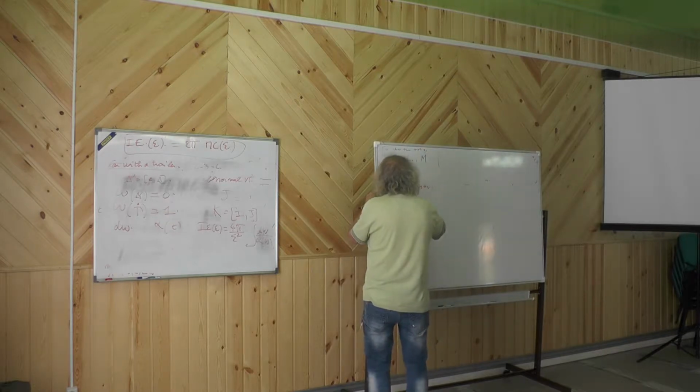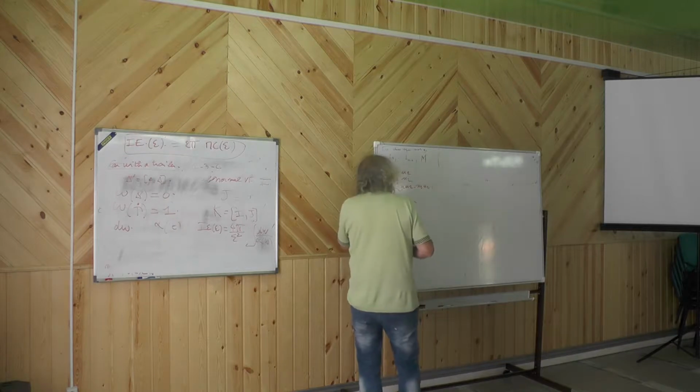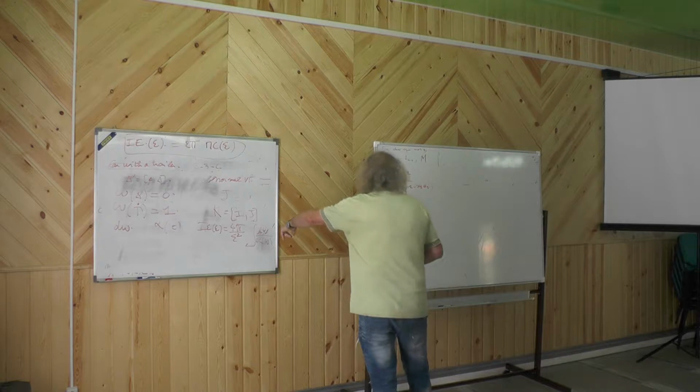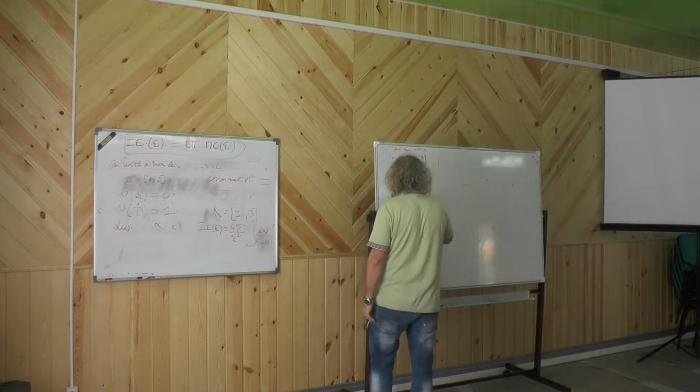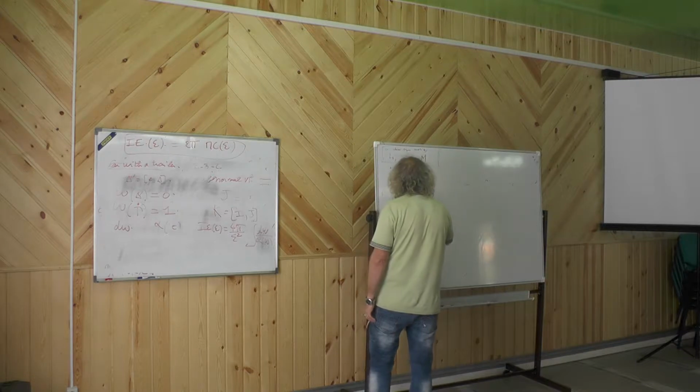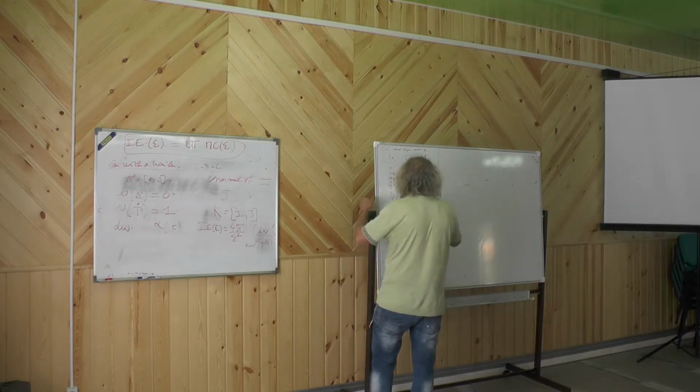I usually put 1/2. Then you have w dot equals this alpha of w times